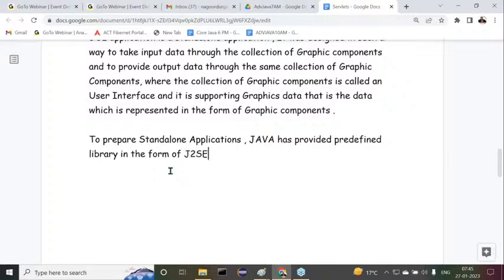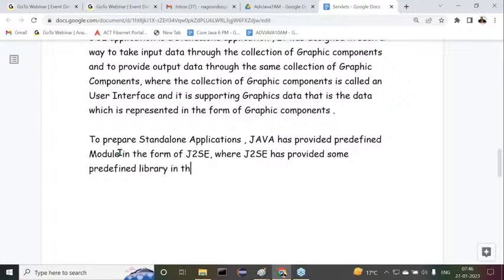That J2SE includes a number of packages. Observe carefully. So Java has provided a predefined module in the form of J2SE, where J2SE provided some predefined library in the form of packages like